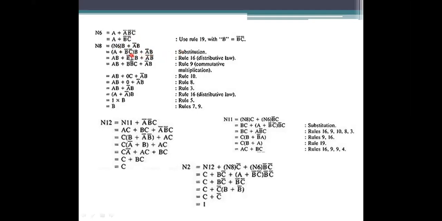And coming to the next one, here we need to expand these values, distribution. So what is the next rule? The 16th rule, which is the distributive law. So A plus B into B, A plus B into C, what you are writing is AC plus BC now. That's why AB plus A bar, sorry, B bar C bar, again B. And the next A bar B bar.